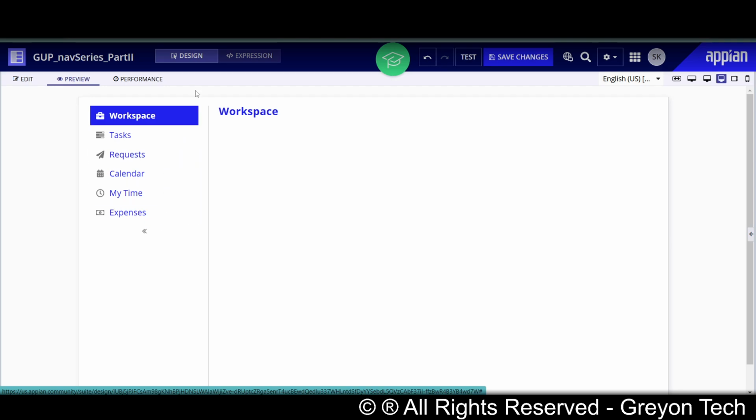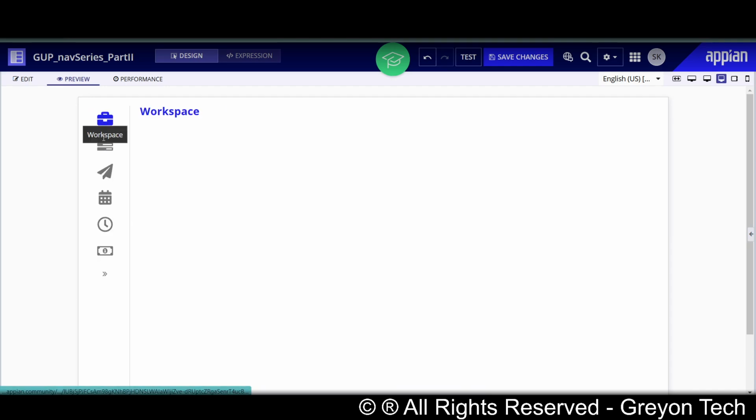And the outer layout that is having a fixed width will be having the width as wide as icon only. When I click on this, I can see the icons are enlarged